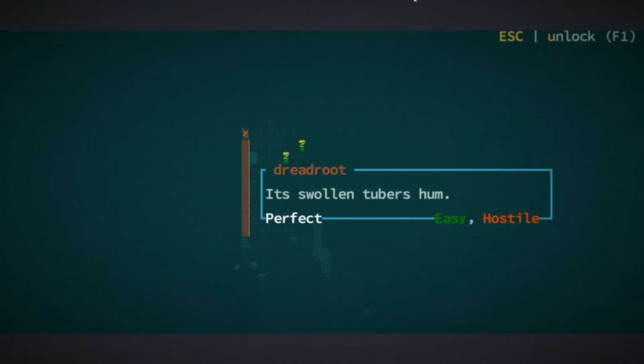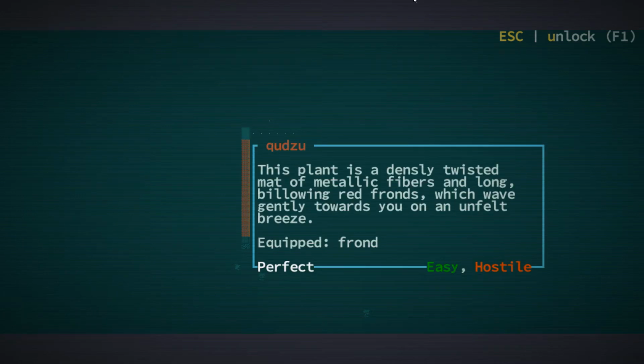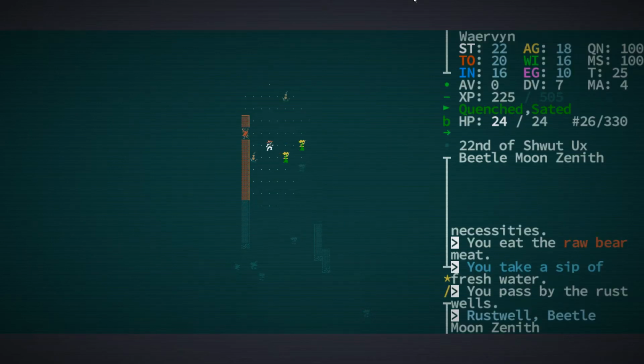So there's a lot of stuff here. For example, these are dread roots. If you come close, they can fear you. This is a witchwood tree. You can get some stuff from that if you can harvest it. This is a kudzu, which is a plant, densely twisted mat of metallic fibers and long billowing red fronds, which wave gently towards you on an unfelt breeze. So they can, I think these are the ones that can actually...